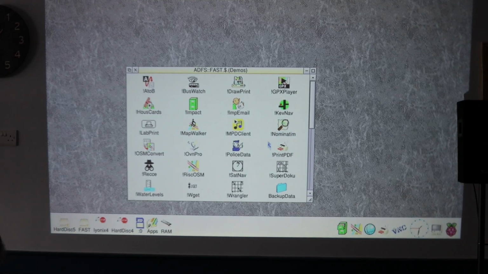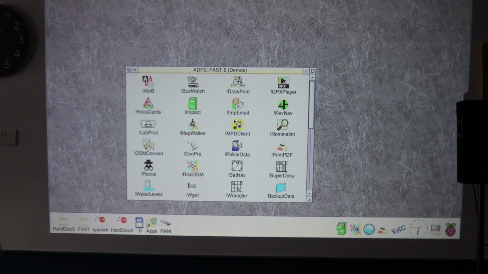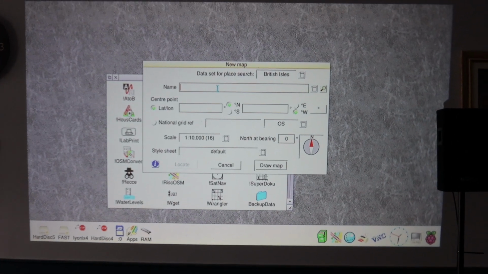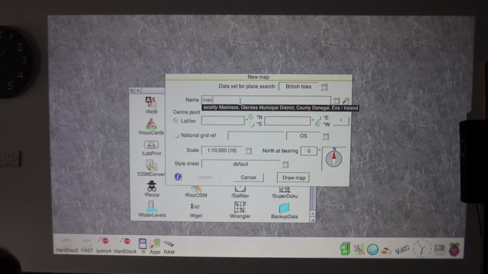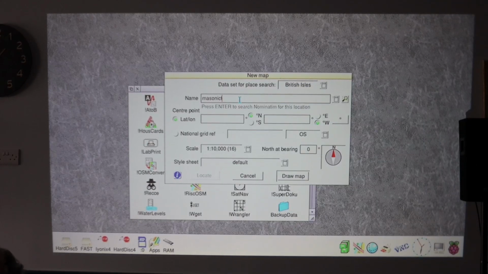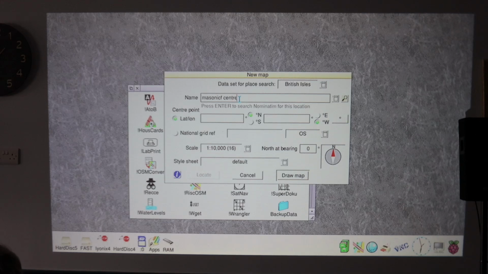And it's always been integrated into RISC OS. If you go to the new map window and type the Sonic Center Harrow, and we press return or this little icon here,